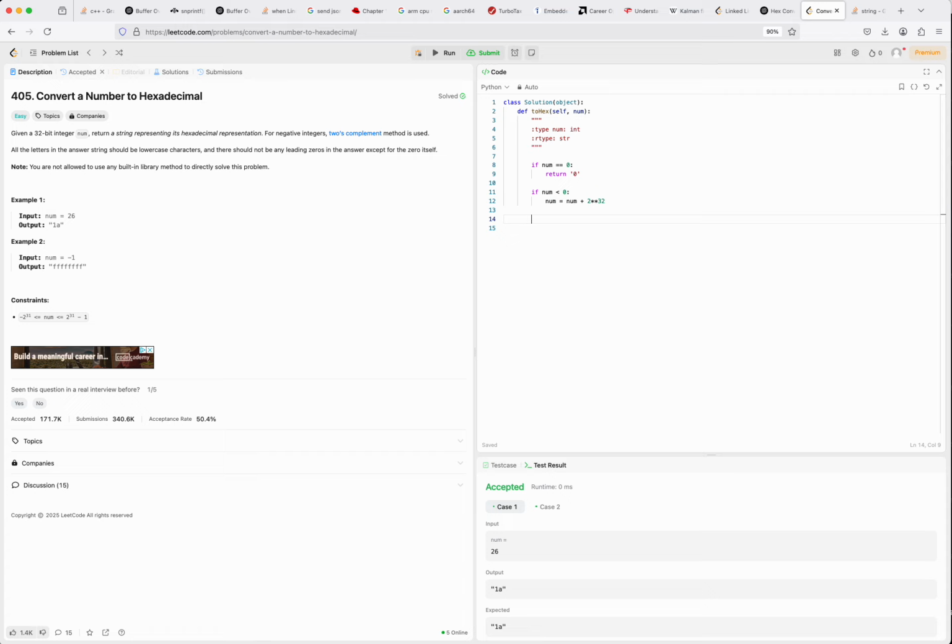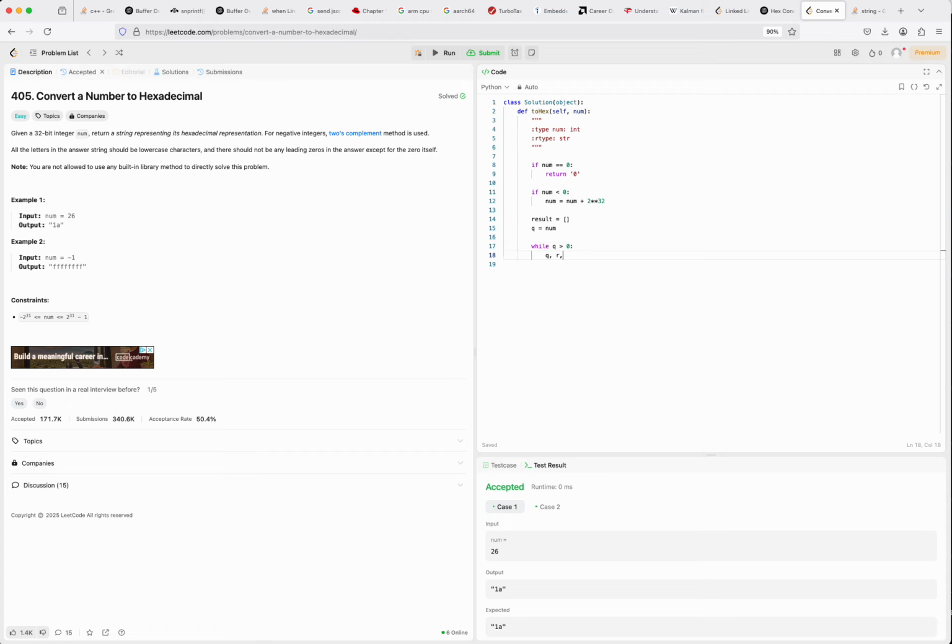After having done that, let's get to the crux of the matter. Suppose result is the name of your list. Converting a number to hexadecimal means you keep dividing the number by 16 and keep collecting the remainders. So we will be collecting all these remainders in the result list. So q equals num, let's just say this. Now while q is greater than 0,